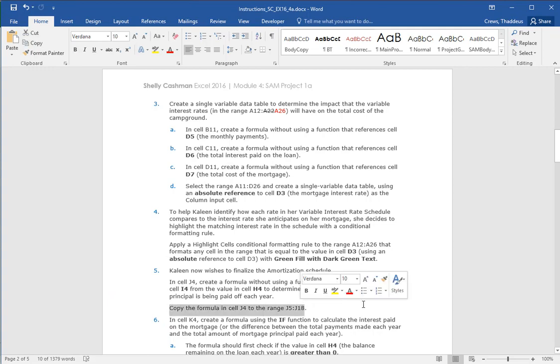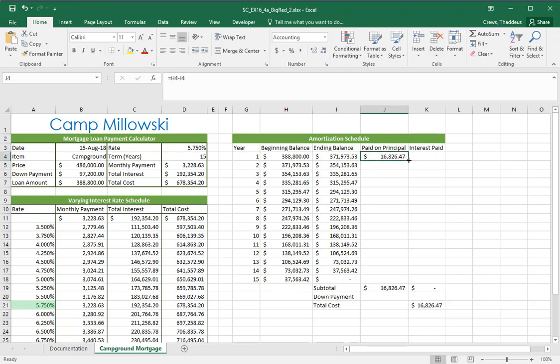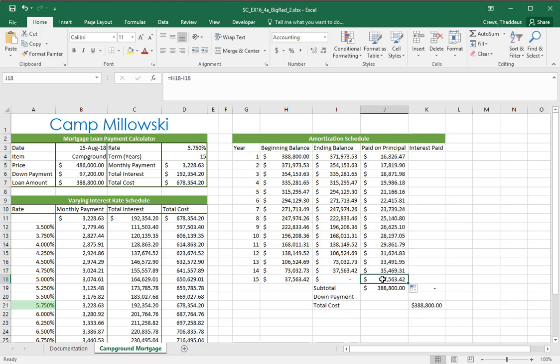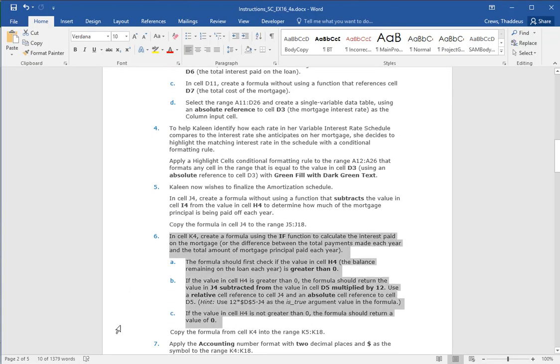And then copy that formula down, column J 5 to 18. And I can confirm by clicking here that I have the 18th row selected, so that's good. In cell K4,